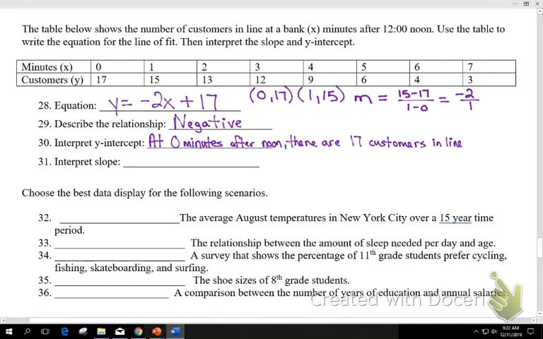All right? This is that the X minutes stands for minutes after 12 o'clock noon. The Y is how many customers are in line. So after 0 minutes, at 0 minutes, there are 17 customers in line. Basically, let's imagine the bank was opening. Okay, so the bank's not open yet. They're opening. Well, there's 17 people in line. That's a lot of people. And now the slope tells me the rate at which